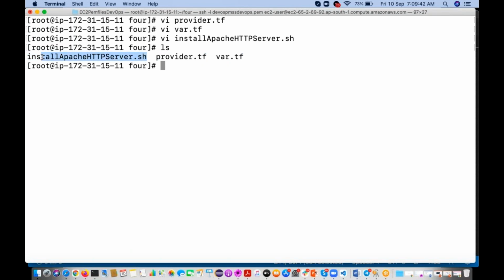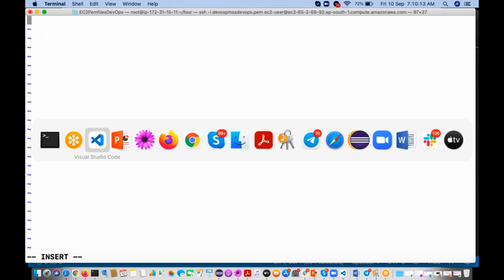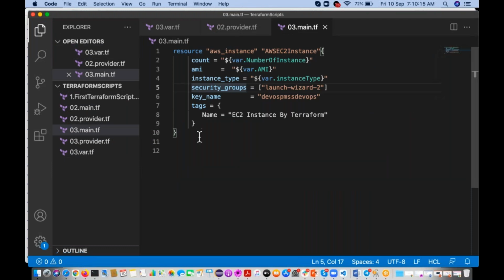I want to run this shell script while creating the instance, so for that we are going to use it. Instead of main.tf, can I use a customized name like userdata.tf? Yes, you can use it. There you can keep whatever is there in the main.tf, na?